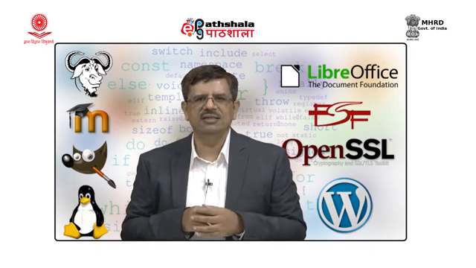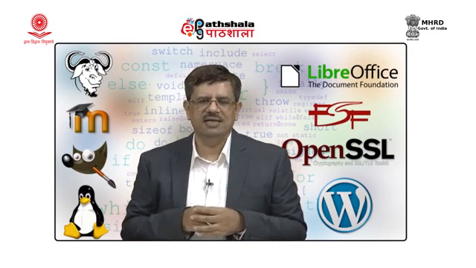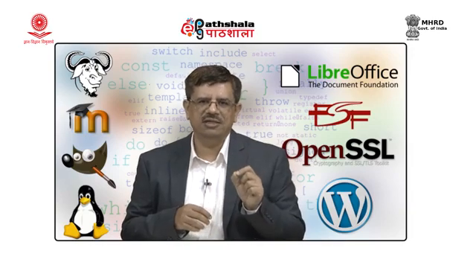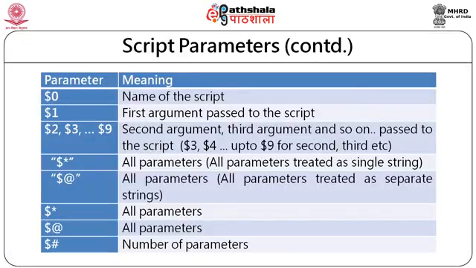Let us see an example of how positional parameters are used and what is the significance of $1, $2 and so on. As you can see on the screen, $0 indicates the name of the program or the name of the script. $1 is the first argument, that is the first parameter. Subsequently, $2, 3 up to $9 are the next arguments. We can go up to $9. If we type $10, then it will show the first parameter $1 concatenated with 0.